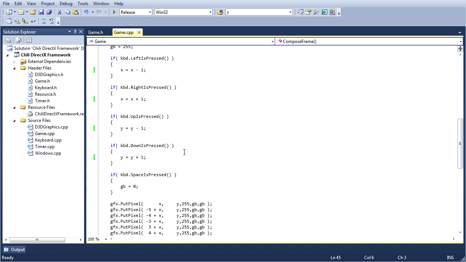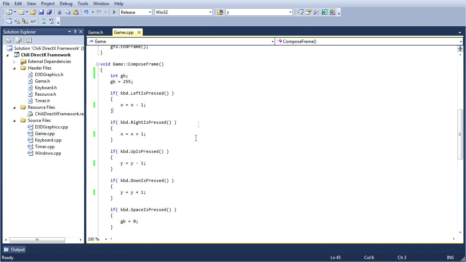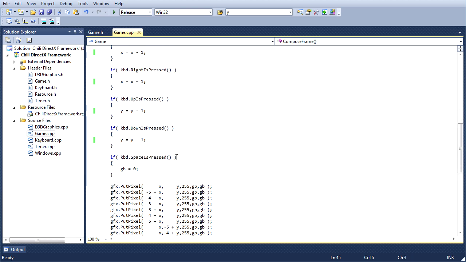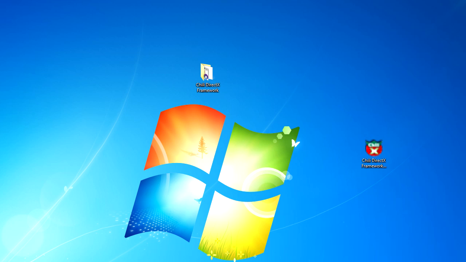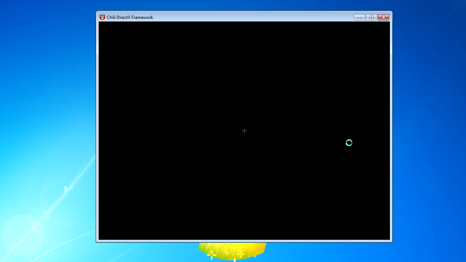Now for your assignment, I've already handled motion in the 4 directions here. So I can't give you that as an assignment. But what I can do is give you a different assignment. If you noticed, our cursor moves really slow. So what I want you to do is make it so that our cursor moves faster.